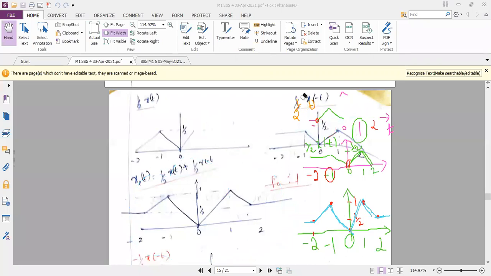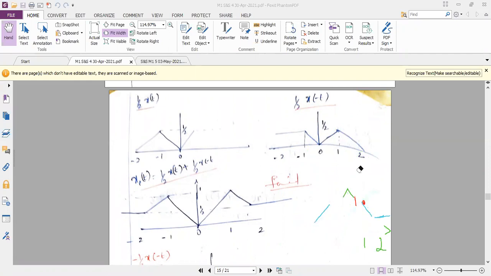Yes, ma'am. Okay. So I hope you do not have any doubts now how to find the odd component and even component of the given signal. So steps are very simple. First write the equation. In the equation you have two terms. So draw first term separately, second term separately, one below the other, and try to add both.